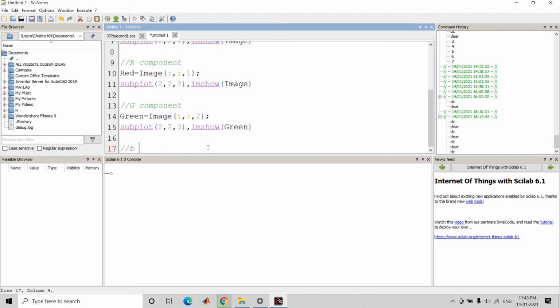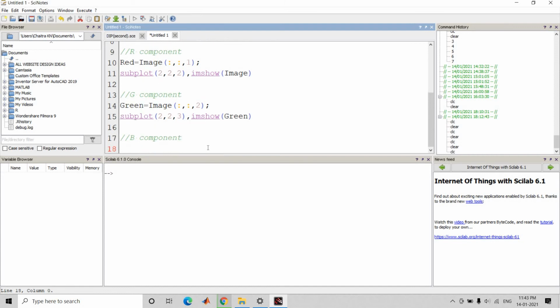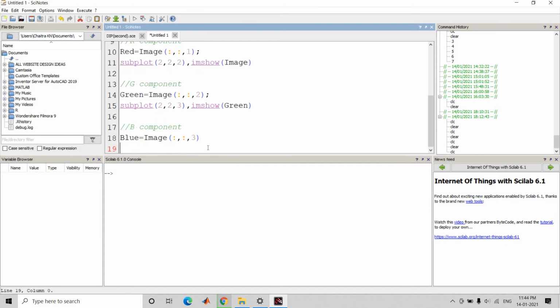Next we have to extract the blue component from the RGB image. So for that, blue is equal to image of colon, colon, 3.